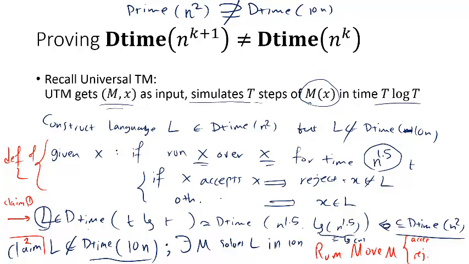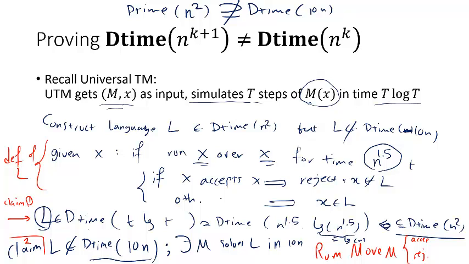So if M accepts itself, then look what happens if x is M. If this input x was actually M, then, as Nicholas said, because it accepts itself,